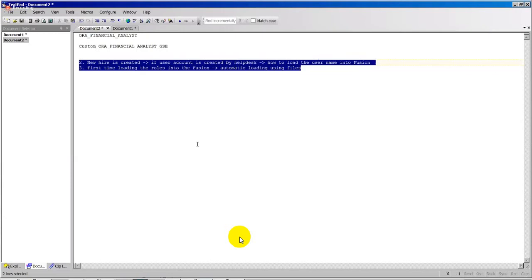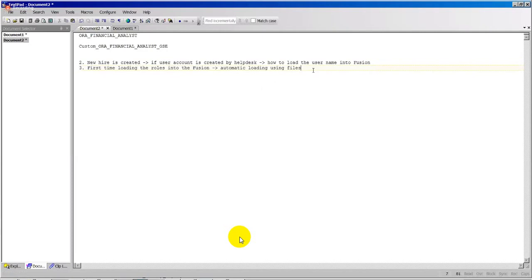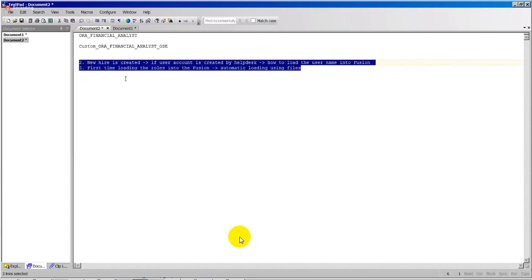So basically, when I start about inbound integrations, this is a very good business case to start with. How to interact with the system automatically on a daily basis, or how to load the data into the Fusion application in bulk. If you have thousands of records, how we can load that using the file-based loader or HCM data loader. These two are very good business cases, which we will start with when we talk about the inbound integrations.